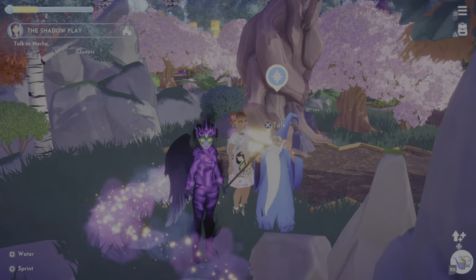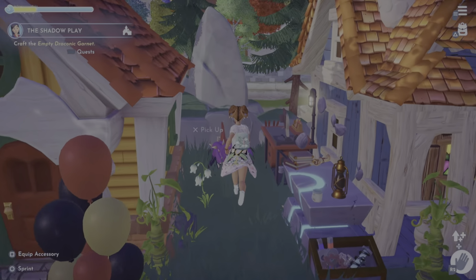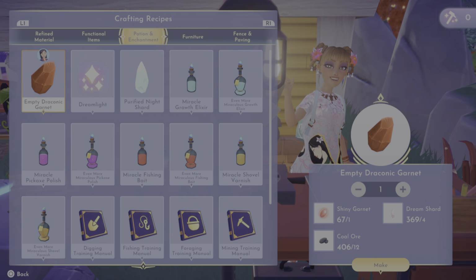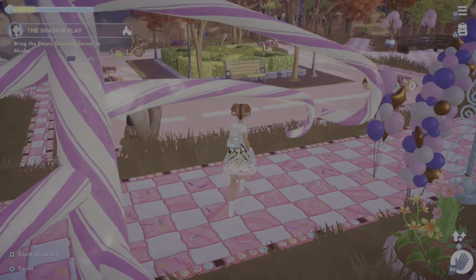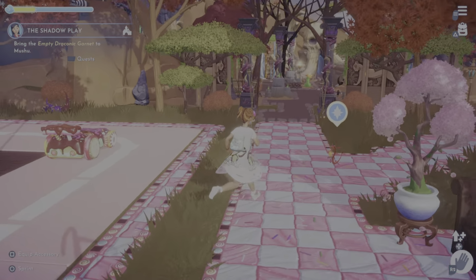These quests are pretty easy. I talked to Merlin, not Mulan, but these quests are pretty easy. It's just kind of tedious back and forth. You are then going to go to a crafting table and craft the dragon garnet, which is going to be needed to, I guess, kind of power the theater. You're going to bring that garnet to Mushu,